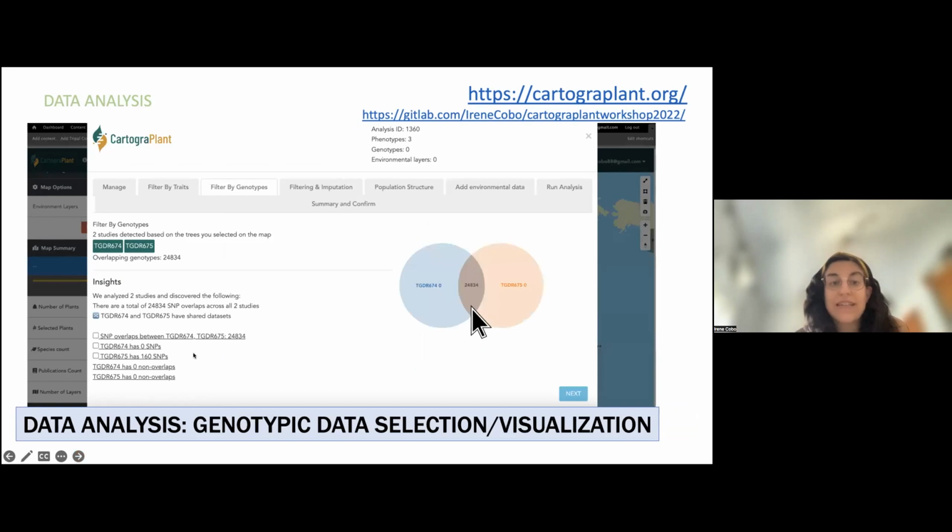Then the next section is another filter, but in this case by genotypes instead of phenotypes, and it is essentially the same. So in this section, again, we can see the number of studies to which the selected plants belong, and also the overlapping status of the SNPs, the genotypic markers. In this case, SNPs. This overlapping status is displayed in a Venn diagram, which is very visual, and users can select the SNPs of interest based on their overlapping status, which is again